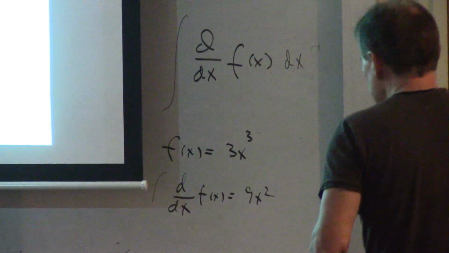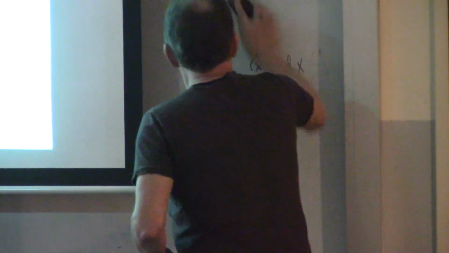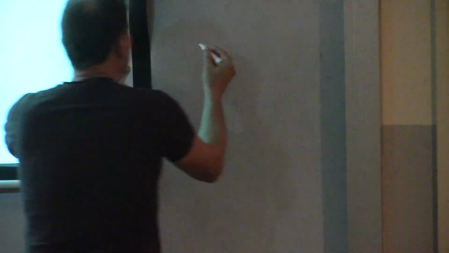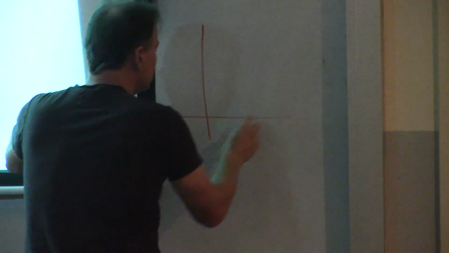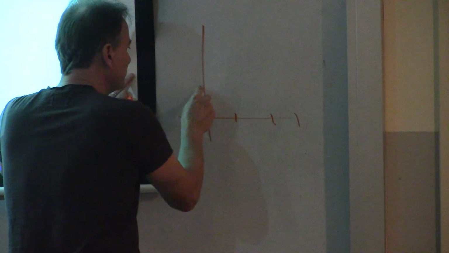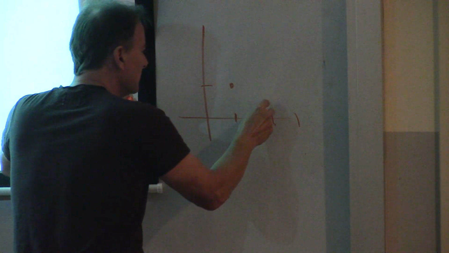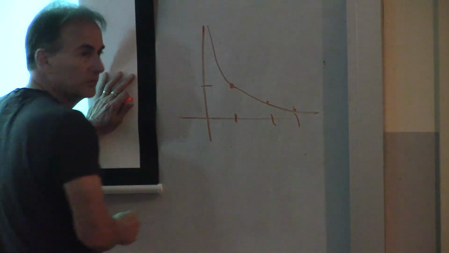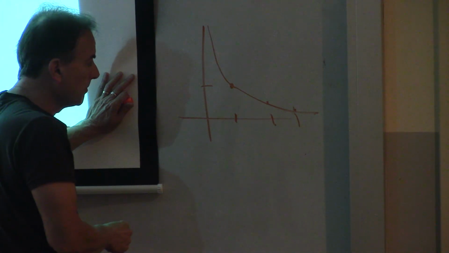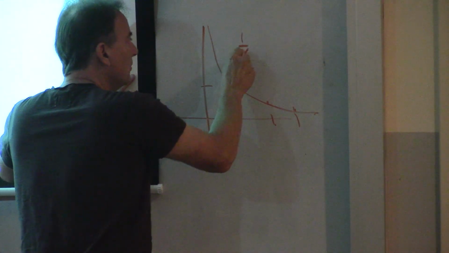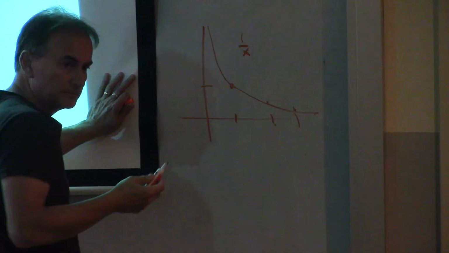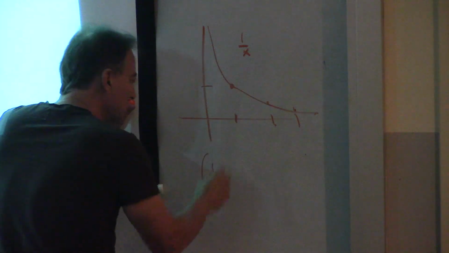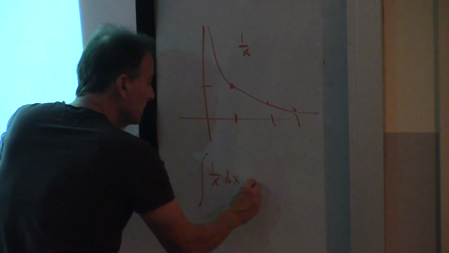If I draw this function, just to give you a quick graph, you would have something like this. So here is 1, this would be 1 half, this would be 1/3, 1/4. So the function would look like this, and then it would go up like this. So this is the function 1 over x. Now, we know the integral of 1 over x with respect to x is equal to? Log. Now